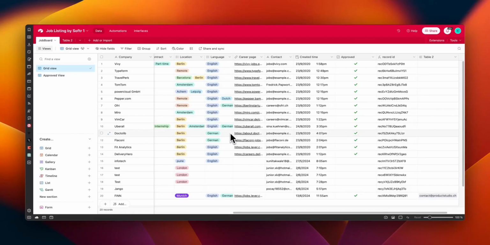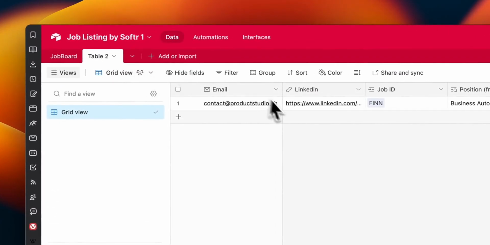So now when you're on this job listing database on Airtable, this is the table that was already created by the software. We don't need to change anything here. The only additional thing that I created was a record ID column, but you can also choose not to create it. It's not obligatory. But you need to create another table, so just click on add, and this will be the second